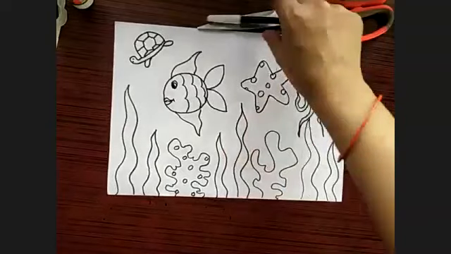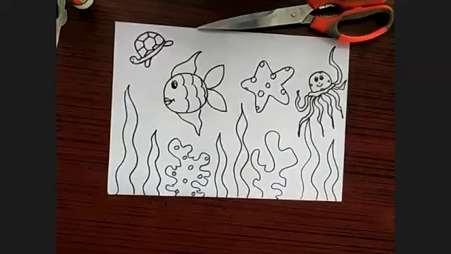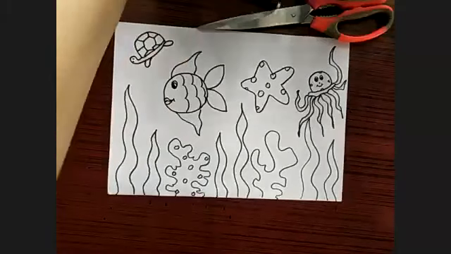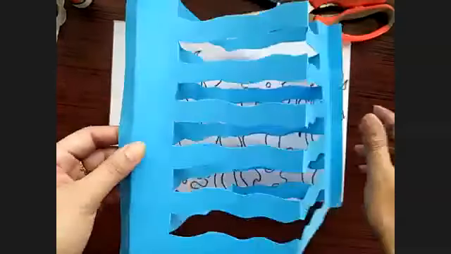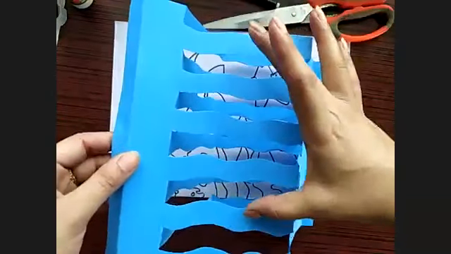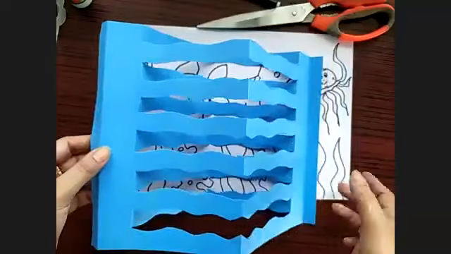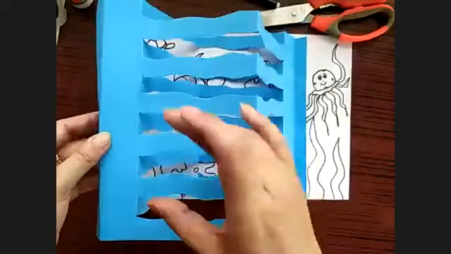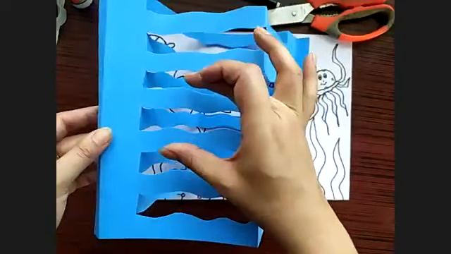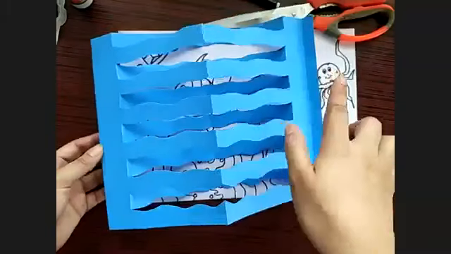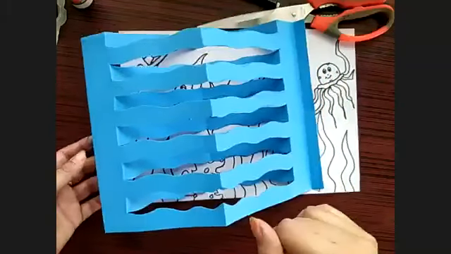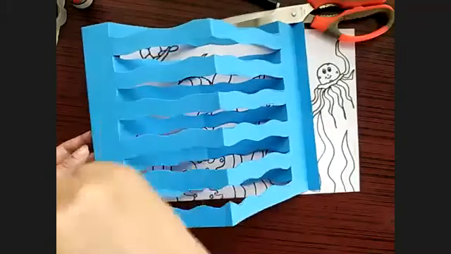And after these drawings, remember one thing, which is very important: the size of your seaweeds or your animals should be according to that blue page, okay? It is very important. If you make it this much big, then it is not going to be a good composition. At least you should use this size only, okay? So that you can arrange many more and it will look good. Okay, and same with the seaweeds.